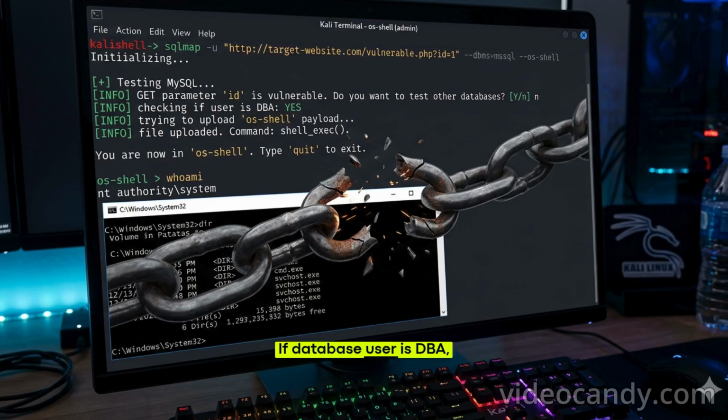If the database user is DBA, it often succeeds. "--os-cmd" runs a single command without opening an interactive shell. For privilege escalation, SQLMap has "--priv-esc" to try common Windows or Linux vectors.